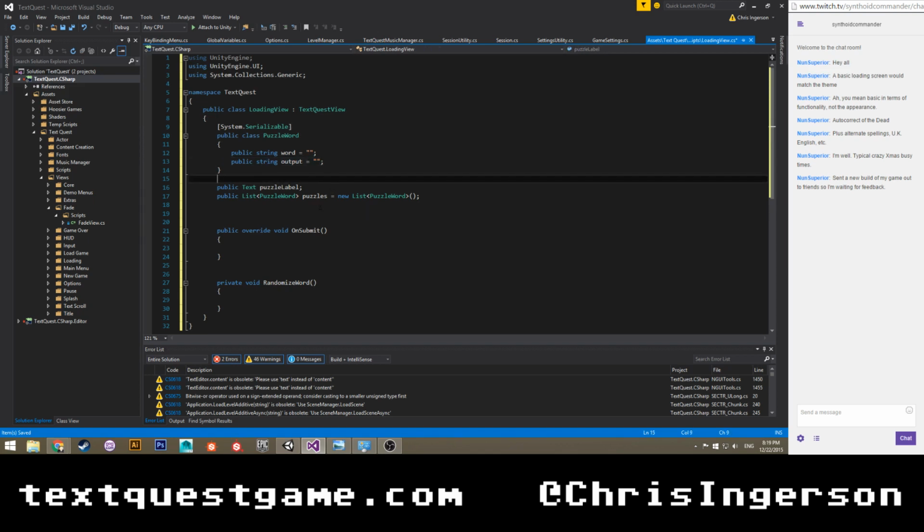So let's go ahead and say on submit, and then string value equals input dot get text. Oh, come on. Input dot text, I believe.